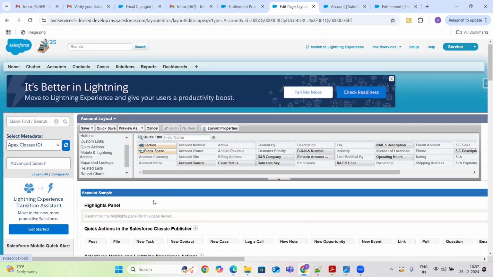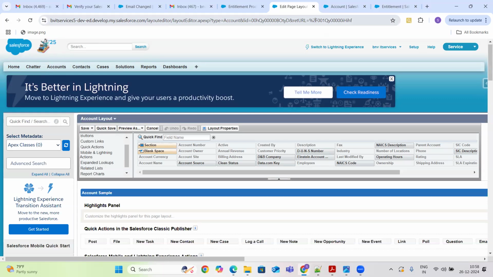Okay. So the layout which they have used is the account layout, guys. That's the reason it is not displaying. The layout which we modified is the account support layout.